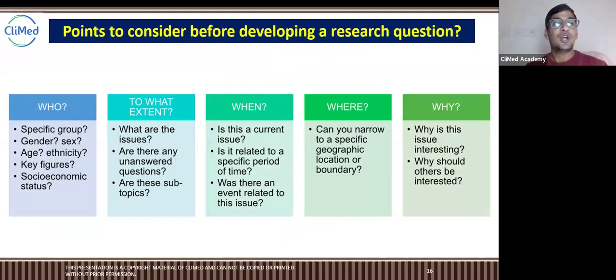Then, as I told you, points to consider before developing a research question. Now you have the curious mind, you got the research problem or research gap. You have to create a question out of that. Exact question out of that, because research problem cannot be solved directly. First, it should be an aim. It should be a question, it should be a valid topic. So topics are not just created, you come up with a problem, and this will be